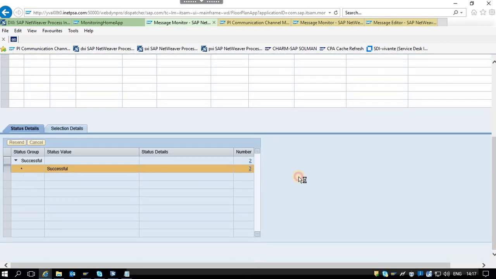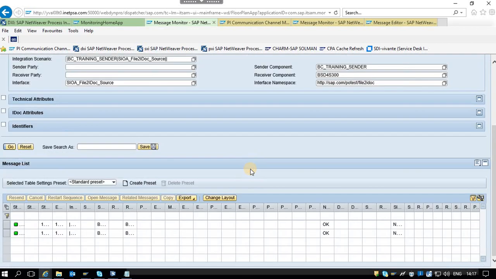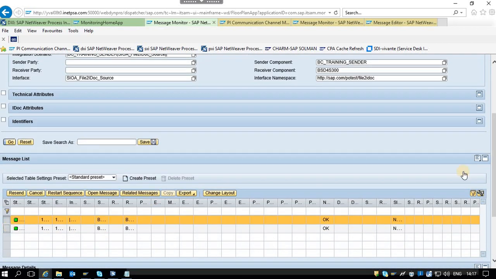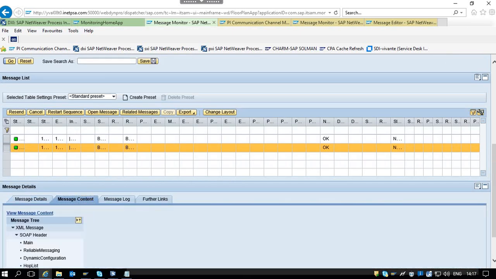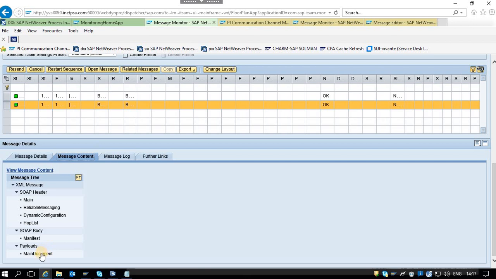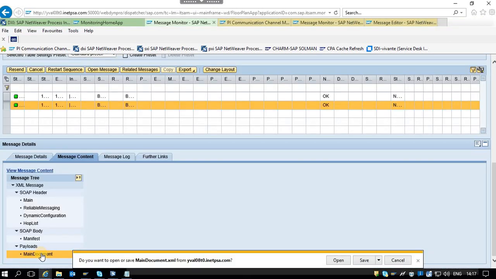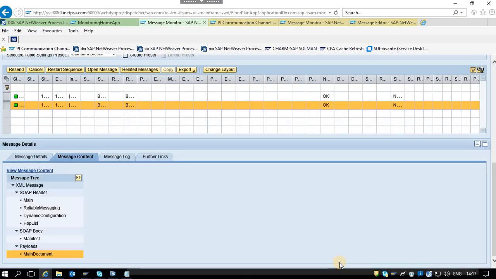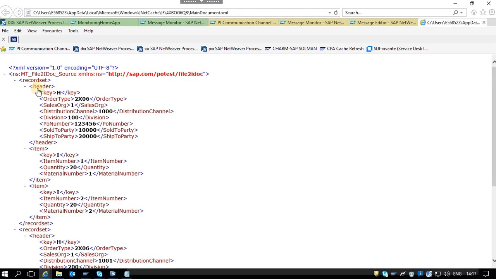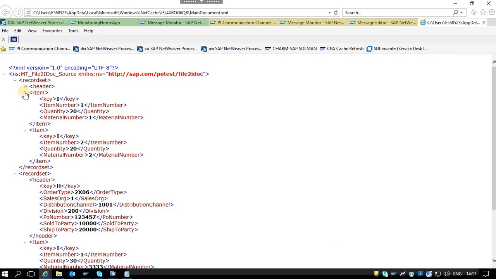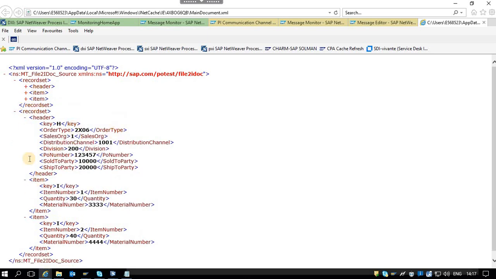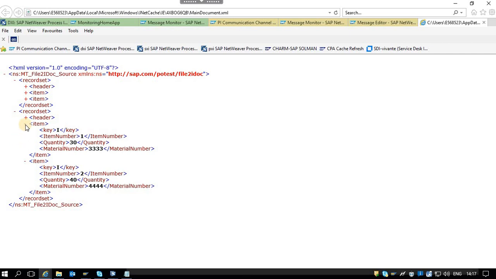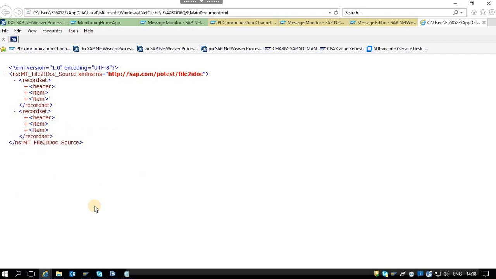The previous one was via channel. This one I am checking via message monitoring. Here you can check the payload. Okay, it is very clear. There is one header and two items in one PO. Another PO, there is one header and two items.